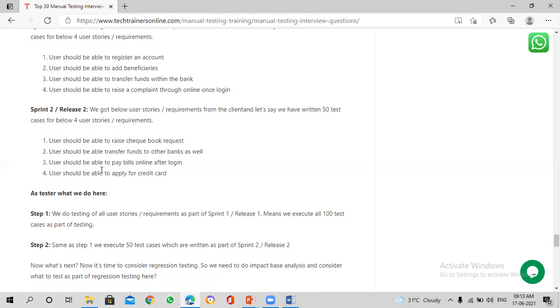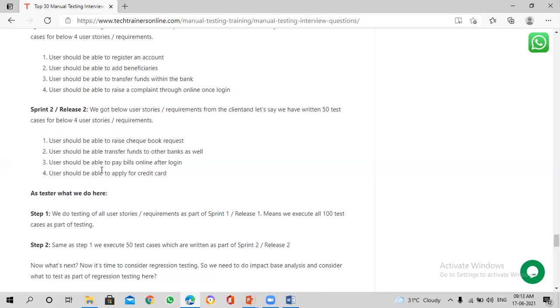Another reason why I'm saying automation has become mandatory in Agile: these are the core features, right? If you look at the user stories of the banking application, these are all common, the core of the system. Every user will be using it.